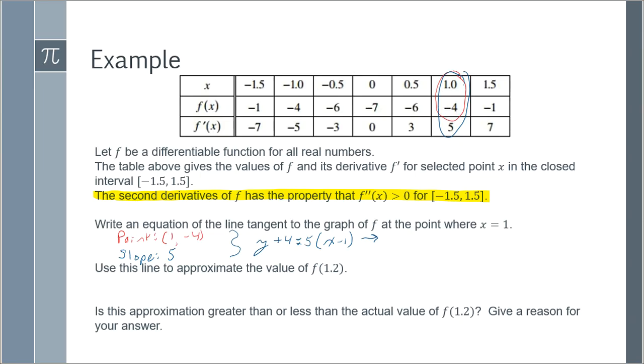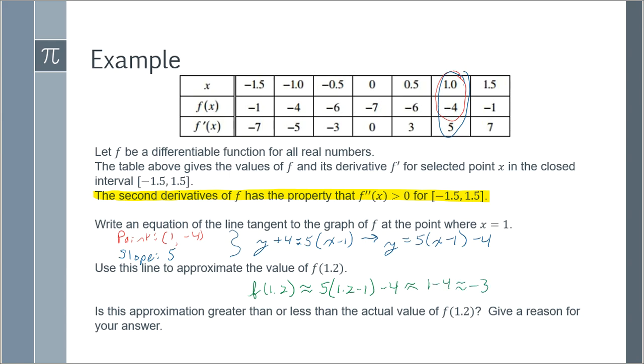Since I can see from the next part of this problem that I'm going to be asked to estimate a function value, I'm going to isolate the y. So y is equal to 5 times the quantity x minus 1, minus 4. So then when I'm going through and I do the next part where I'm asked to estimate f of 1.2, I'm just taking my tangent line equation and replacing x with 1.2. And I'm not required to simplify that, so I could leave it just like that. If you are feeling compelled to simplify that, well, 1.2 minus 1 is 0.2, times 5 is 1, minus 4,